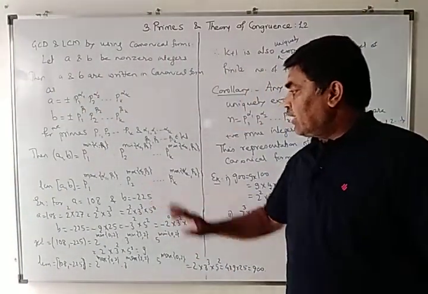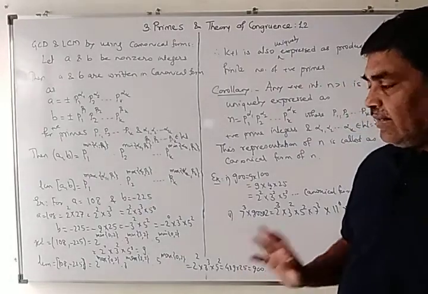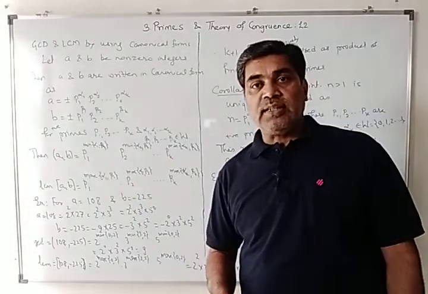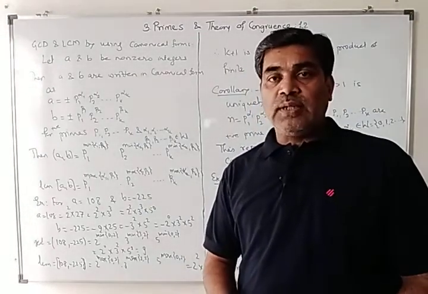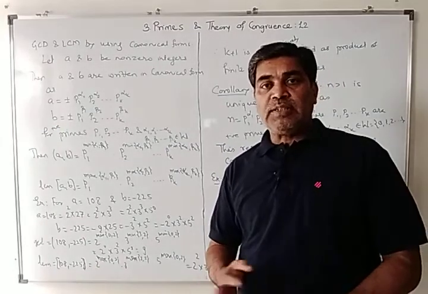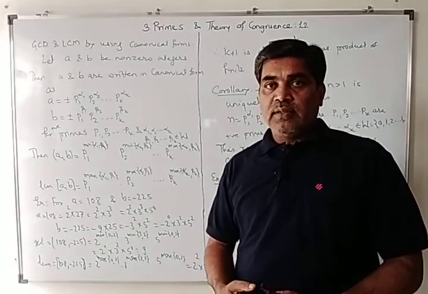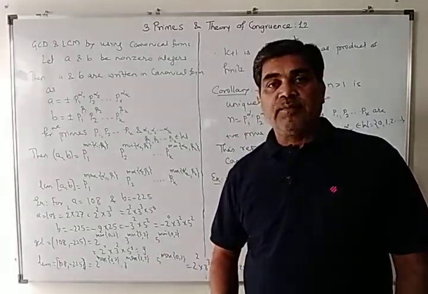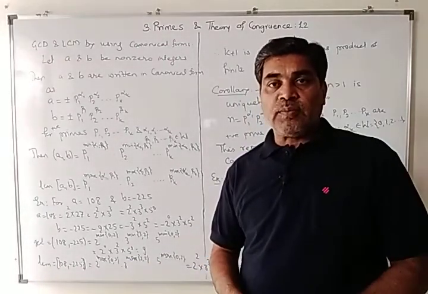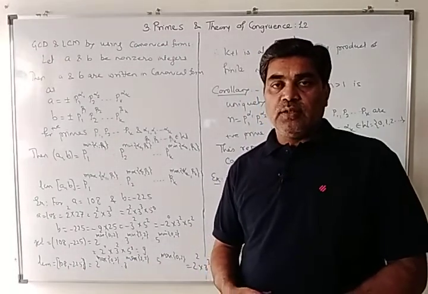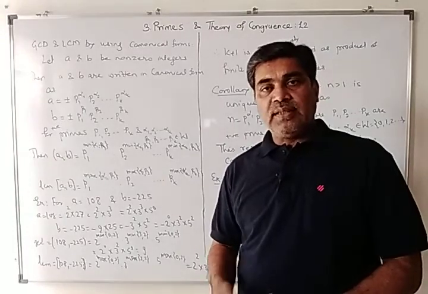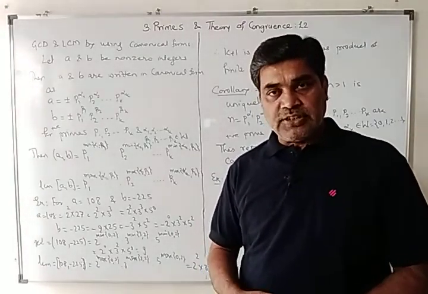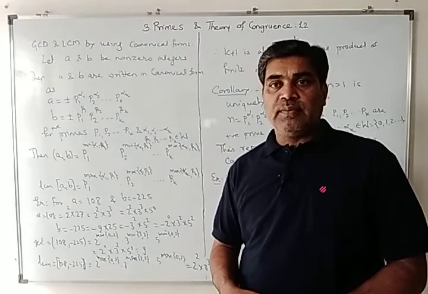So thus canonical forms are useful in finding the greatest common divisor and least common multiple of two integers. If one of them is negative, then we just take the minus sign there, but we are finding least common multiple and GCD which are positive. The negatives are also GCD and LCM, no problem.